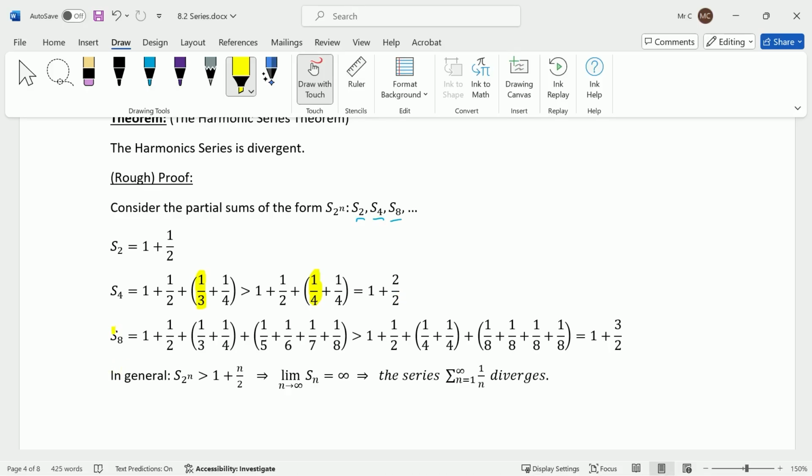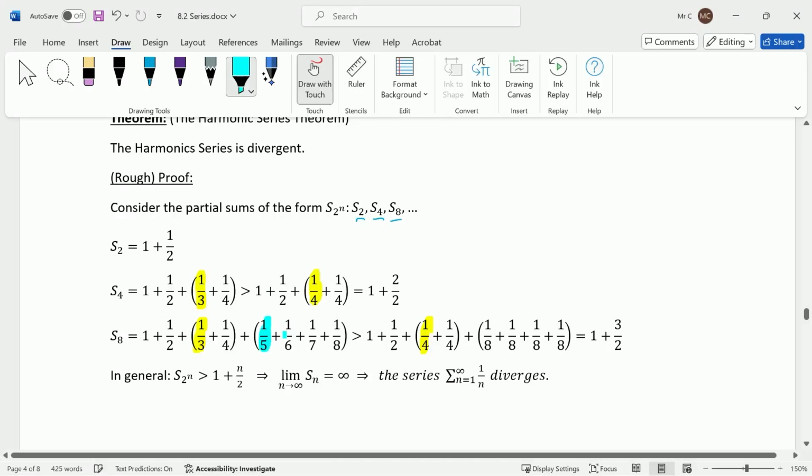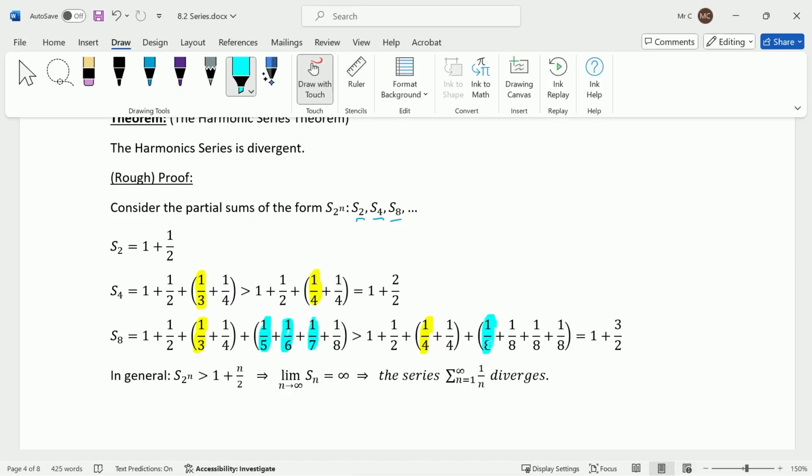But let's first look at the 8th partial sum. So here I get 1 plus 1/2 plus 1/3 plus 1/4 plus 1/5 plus 1/6 plus 1/7 plus 1/8. And I have that 1/3 is bigger than 1/4. But also that 1/5, 1/6, and 1/7 are each bigger than 1/8. So that tells me that the whole expression that I started with, the 8th partial sum, is bigger than 1 plus 3/2. And in general, what I see is s sub 2 to the nth power is always bigger than 1 plus